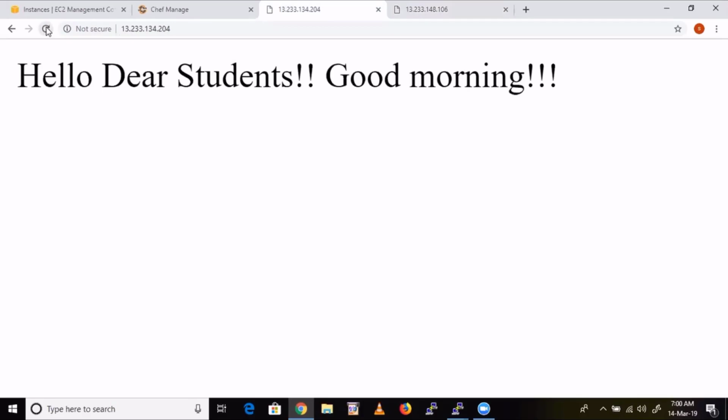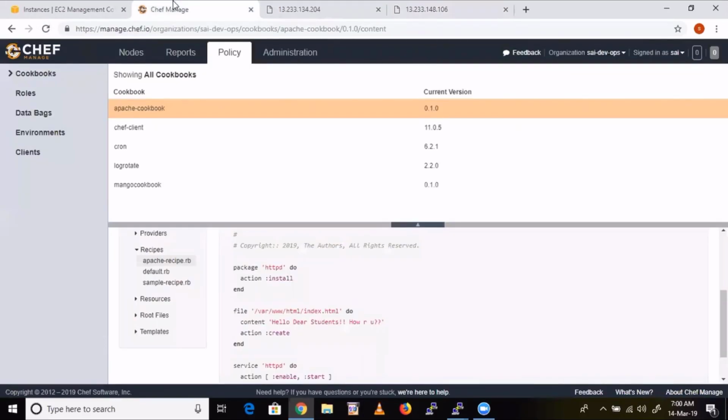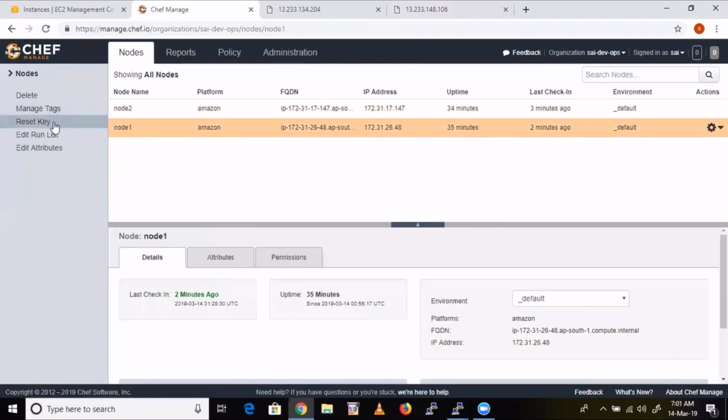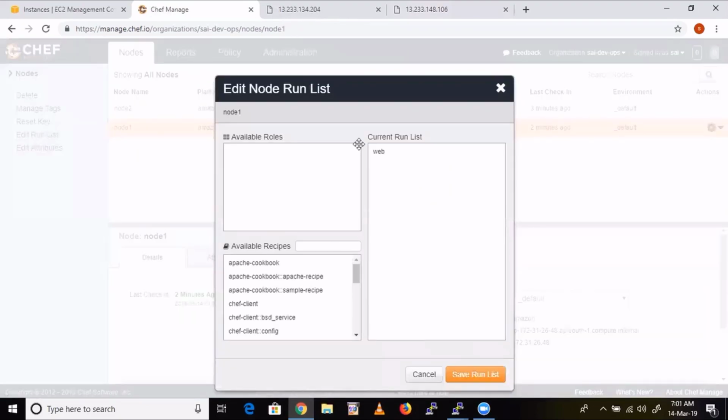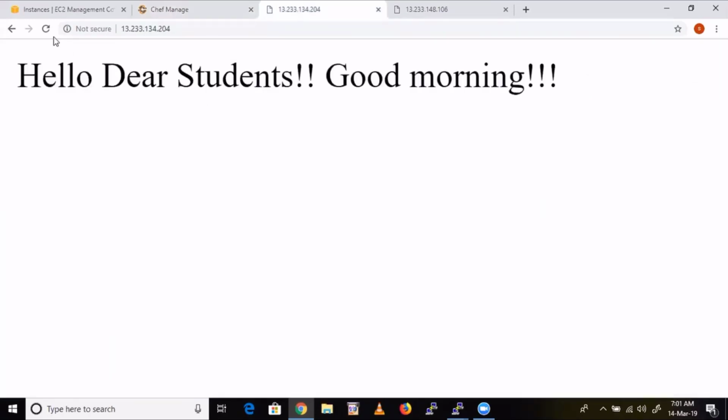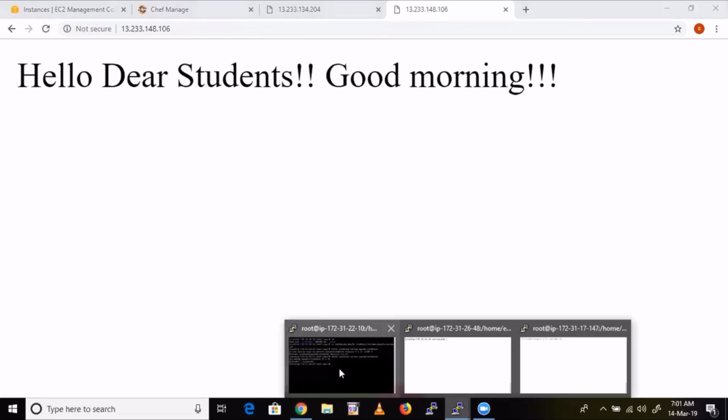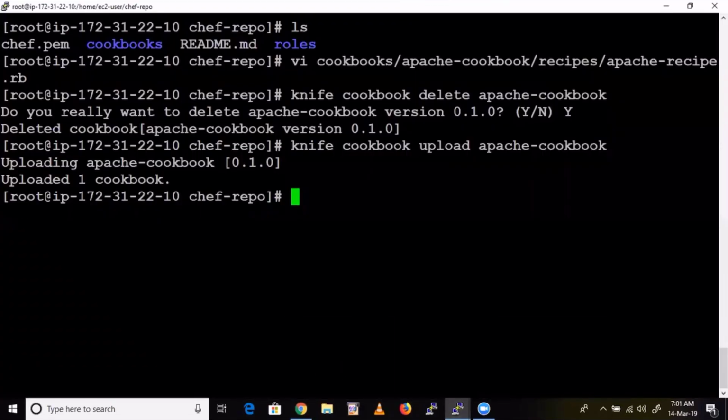Great, it's not showing. So go to nodes list once again. Oh my god. Is there any mistake that we have done? Knife cookbook upload cookbook.